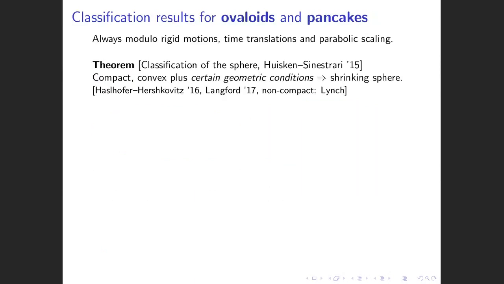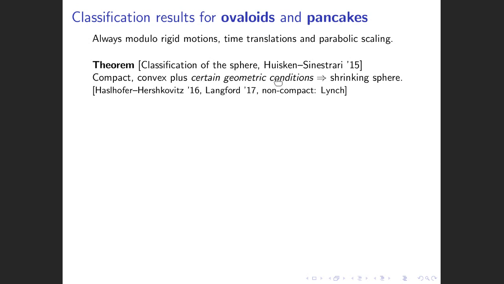Okay, so what do we know now? What do we have about classification? First, we have a very nice theorem on the classification of the sphere. This says that if I have a compact convex solution and I have some additional geometric condition, then I only get the shrinking sphere. This is a theorem of Huisken and Sinestrari, and here when I say this certain geometric condition,